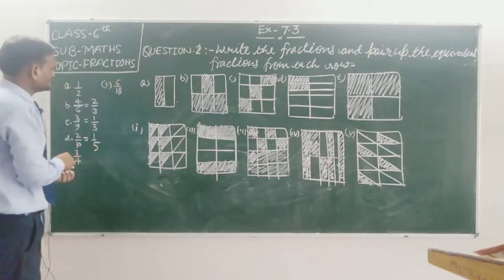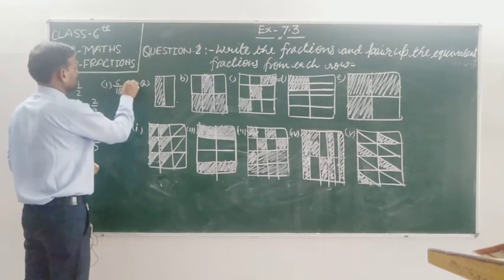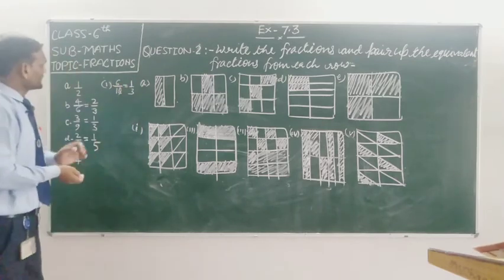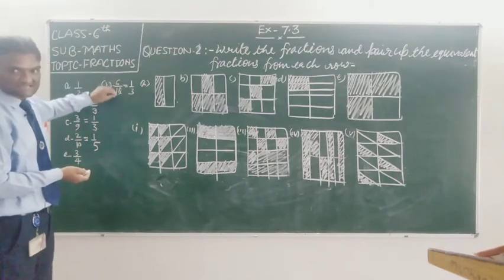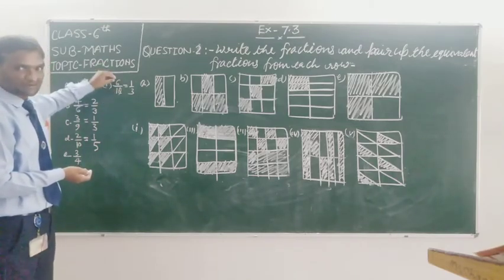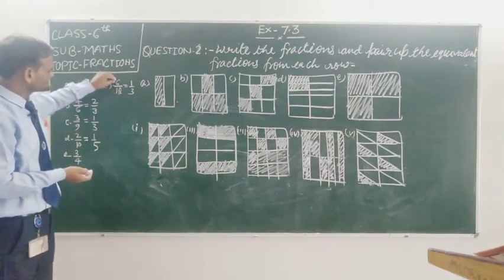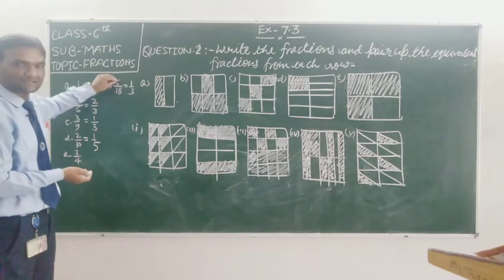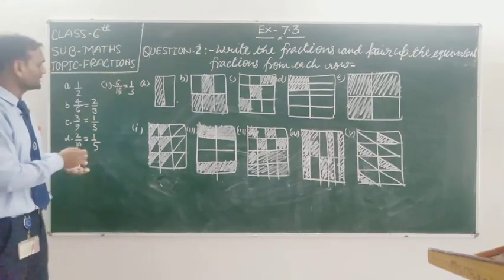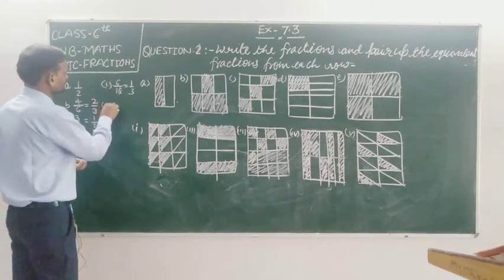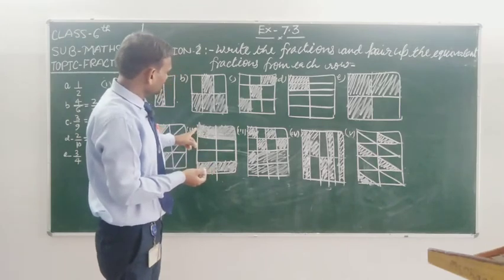6 upon 18. And when we write it in simplest form, we get 1 upon 3. Why? We are dividing 6 and 18 by 6 because 6 is coming in the table of 6 and 18 also. So we divide 6 and 18 by 6 and we get the simplest form of 6 by 18, which is 1 by 3. For the second figure, student, you are seeing here, there are